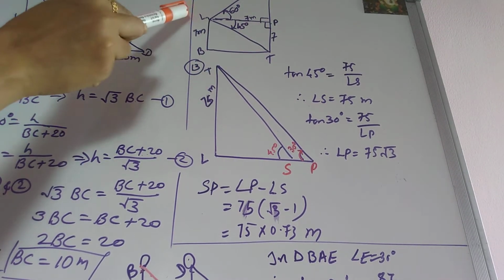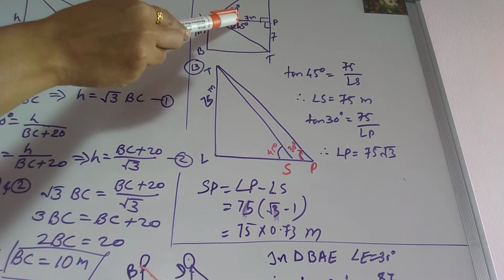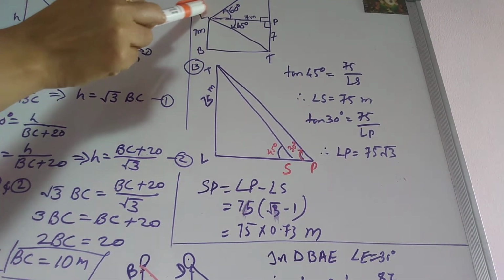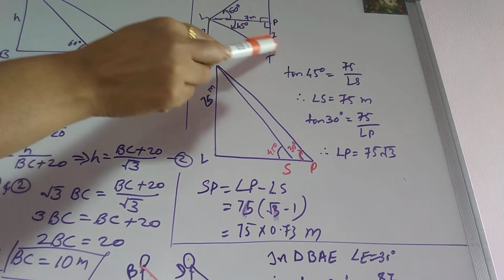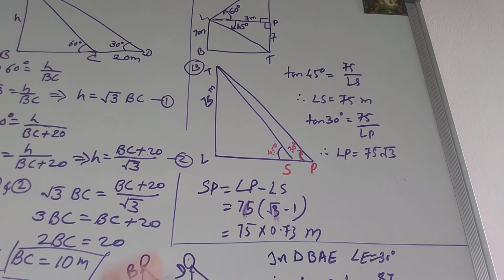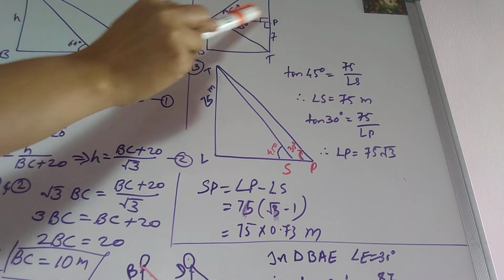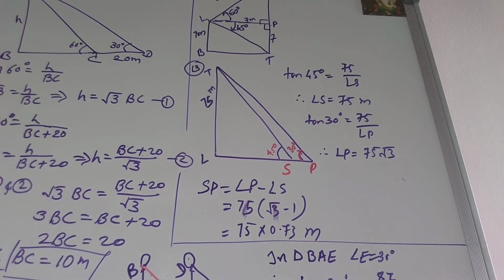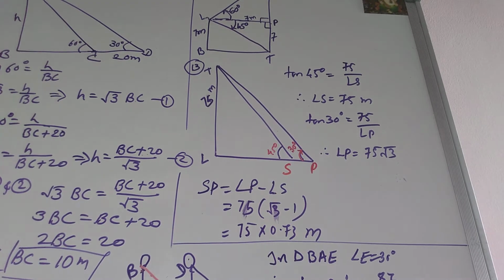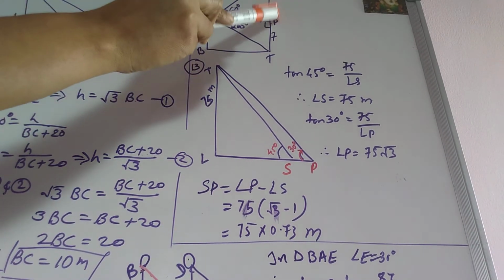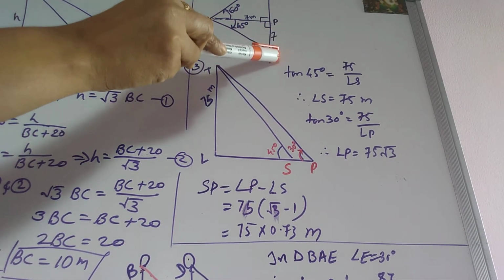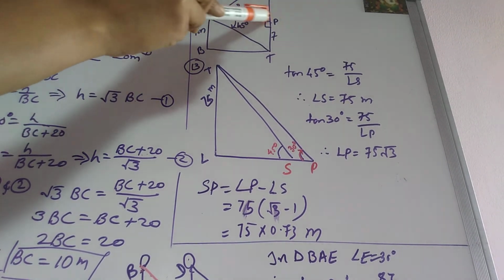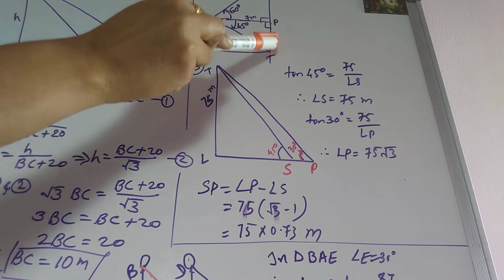So with respect to the horizontal level, the line of sight makes 60 degrees. Now from the same point, the foot of the tower is observed, and we got 45 degrees. So this angle is also with respect to the horizontal level. We have to find the height of the tower. Height of the tower means we have to find TP plus PW. So one time you consider this triangle, and another time you consider this triangle.